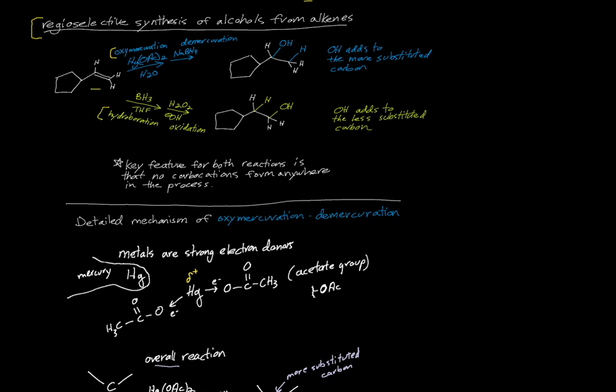If you start with an alkene like this, these two reactions will lead you to one or the other specific products. The alcohol adding to the more substituted carbon, the carbon that was more substituted initially, or the alcohol adding to the less substituted carbon